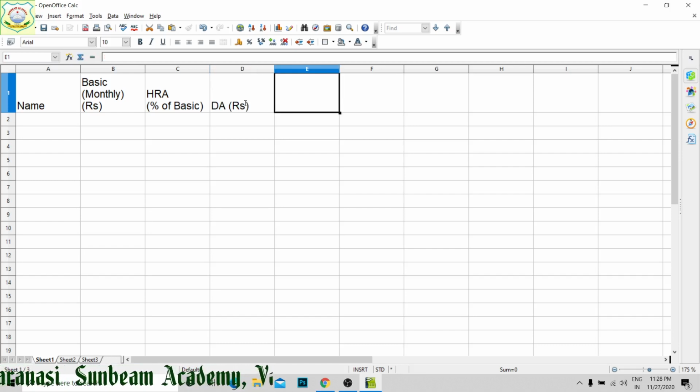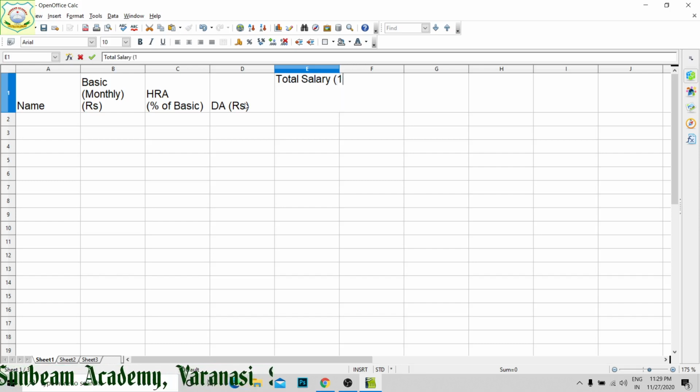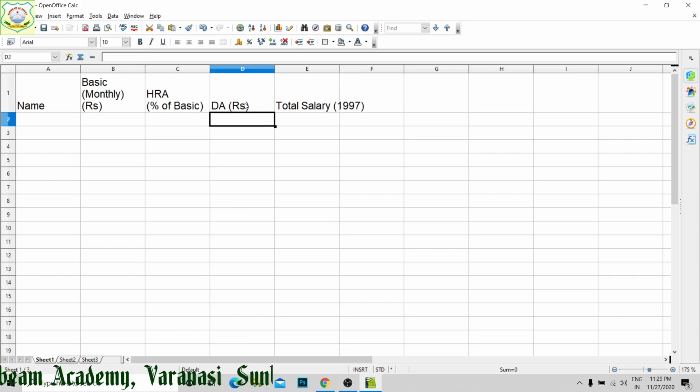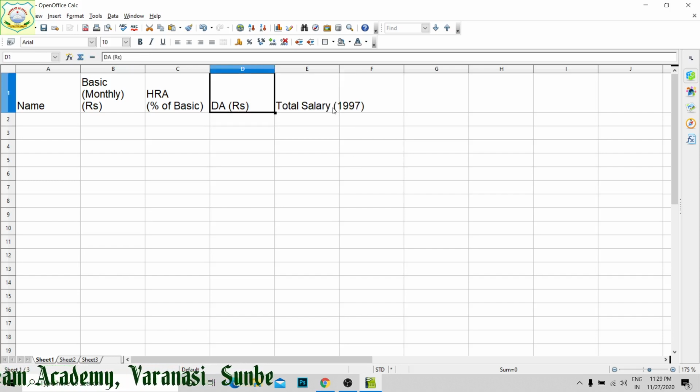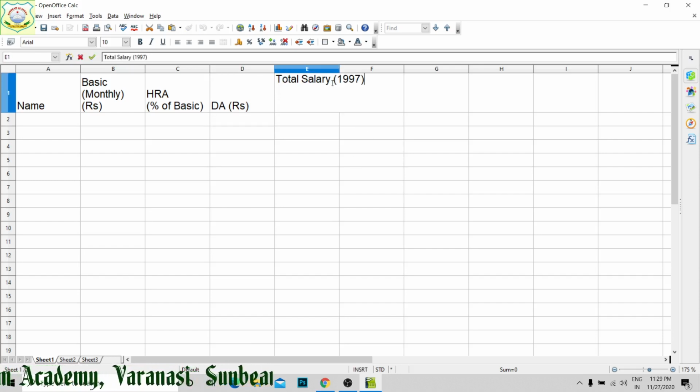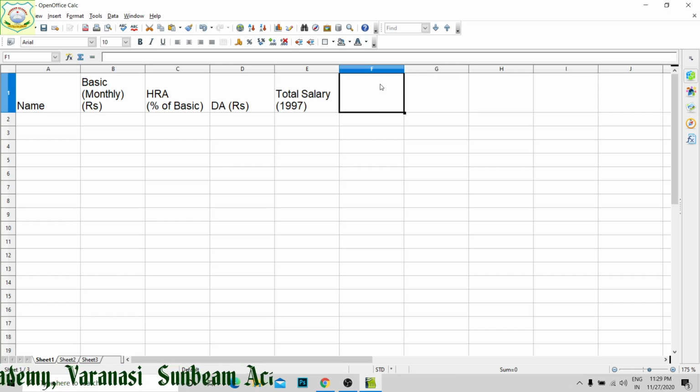Then after DA, what is total salary? Total salary, but this total salary for the year 1997, right? So again this we have to shift into the next line. So here Control Enter, it has gone to the next line, total salary.